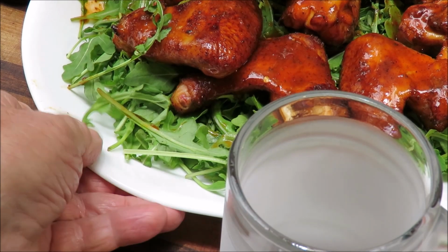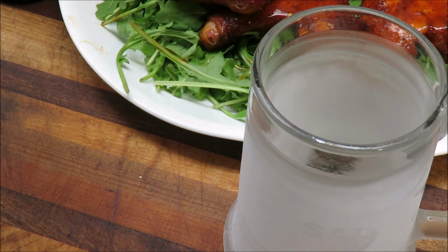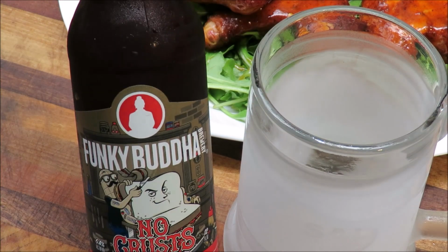Ladies and gentlemen, the Frosty Root Boy mug, a gift from my friends Tom and Diane. You know her as Booger 500 US. Here's today's beer,